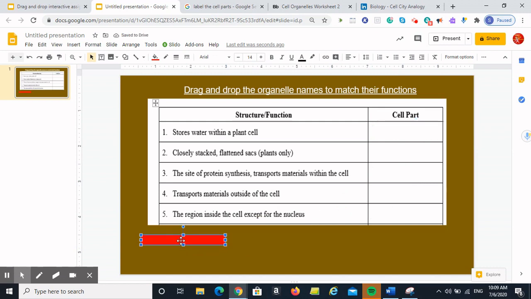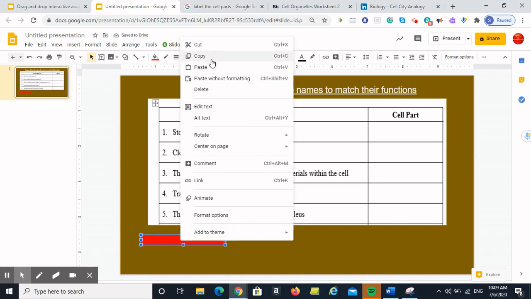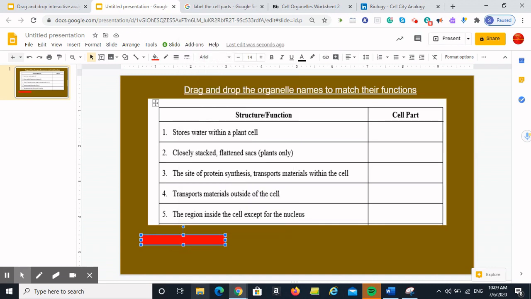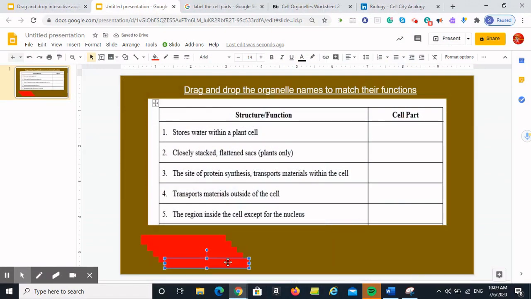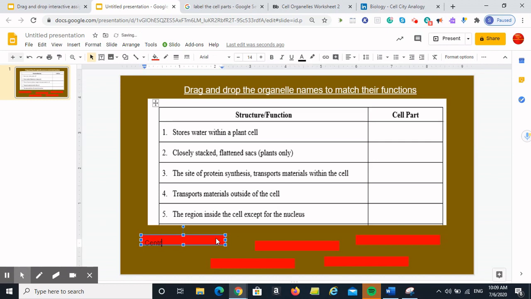Now I'm going to copy this text box and, using Control V, I'm going to make 4 more. This is where I'm going to type in all the answer choices. Okay, now the answer is... I'm typing the answers. Number 2 is